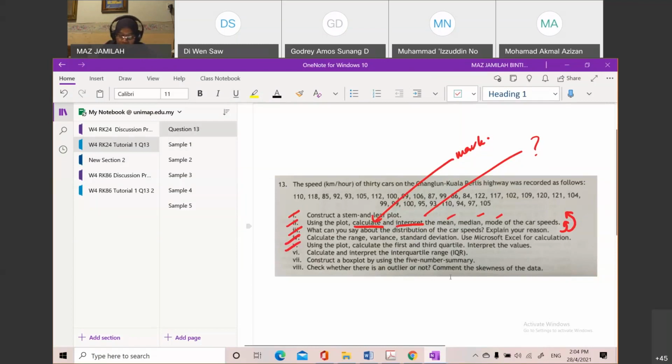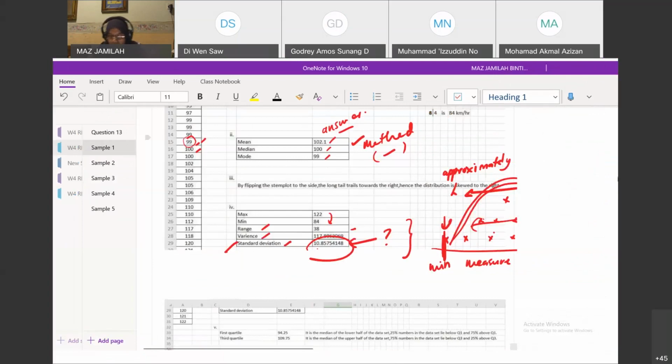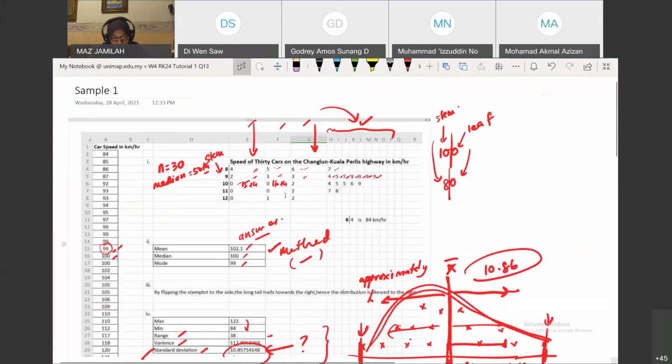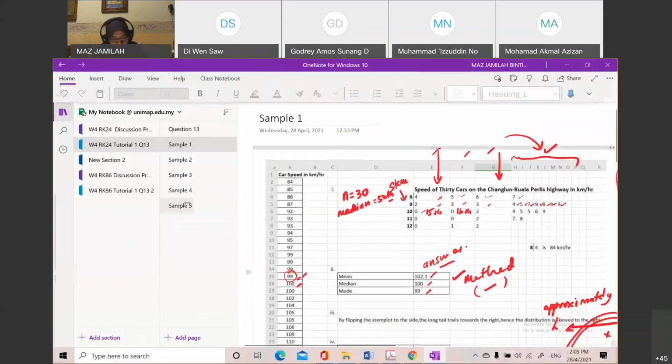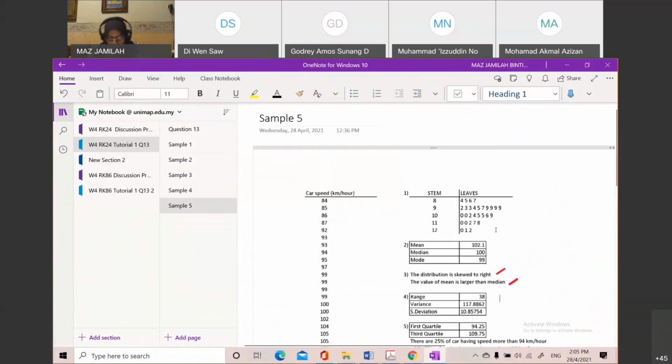I believe this would be either your stem and leaf plot, or your sketch distribution of this particular one. Let me find a clean one. If you base it on the plot,